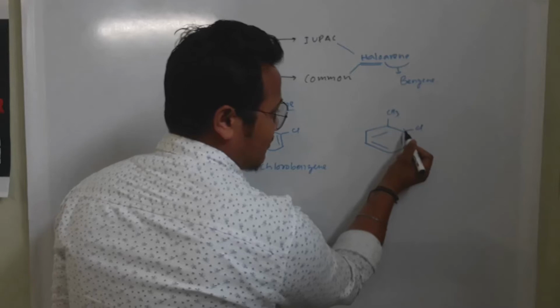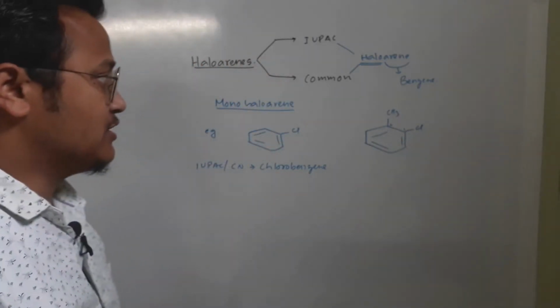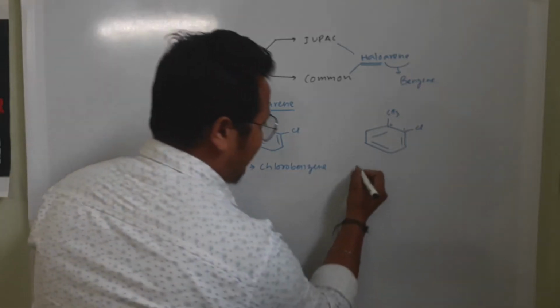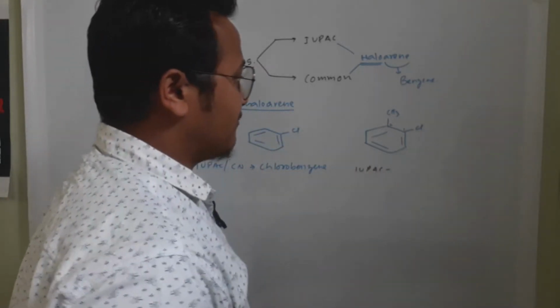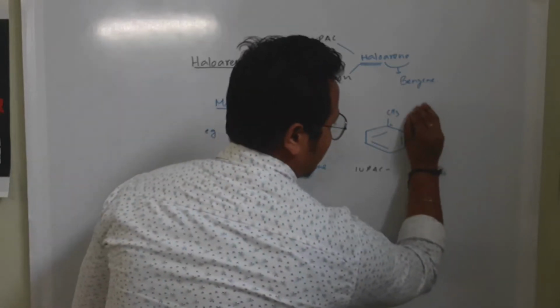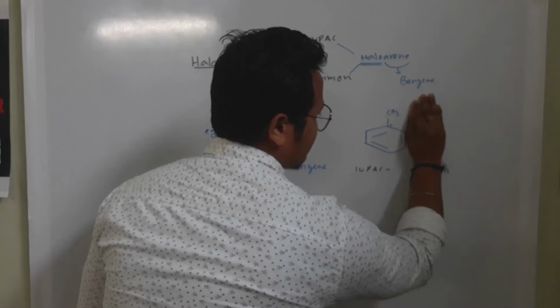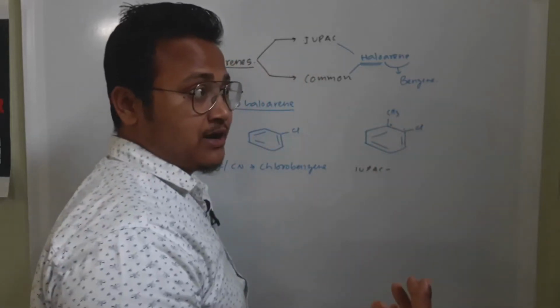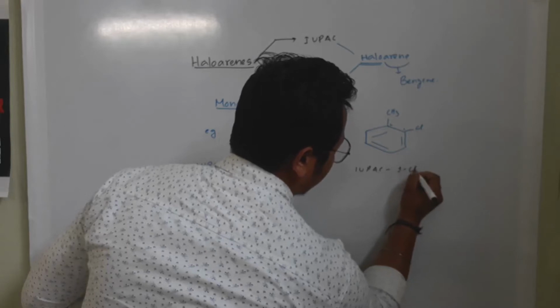So the carbon where it is attached will be the first carbon, and this will be the second carbon. When we name them in IUPAC, if this Cl is not there, we pronounce the compound as toluene. So we can write chloro, or 1-chloro